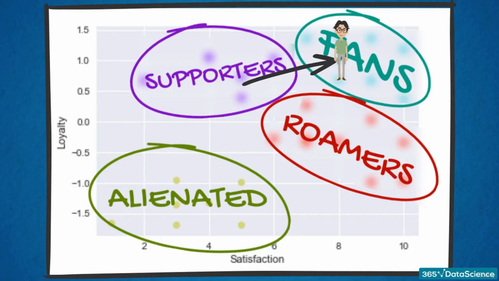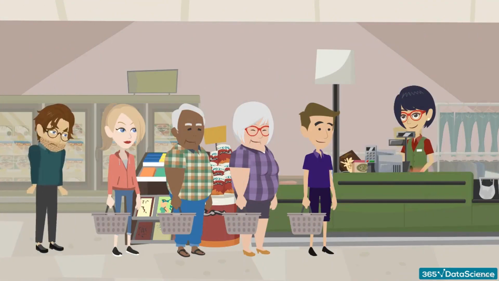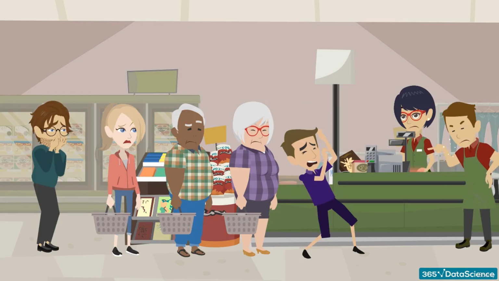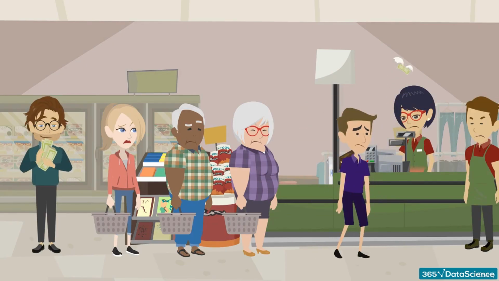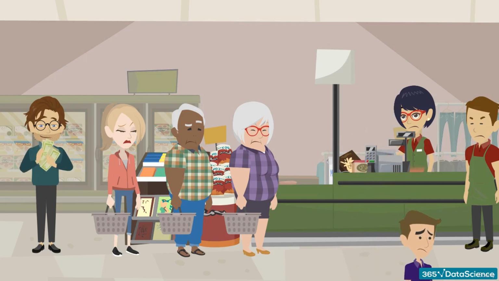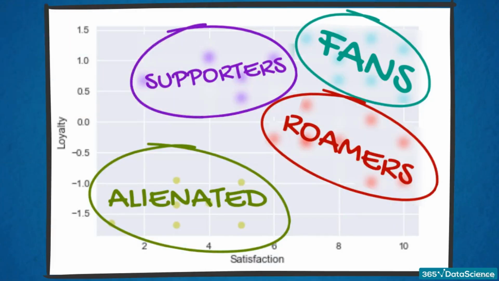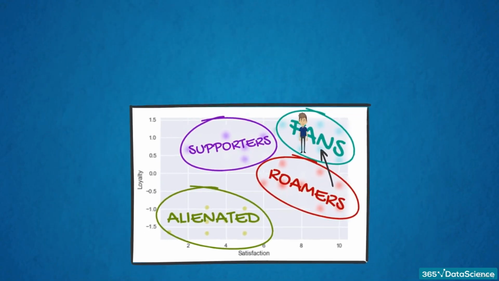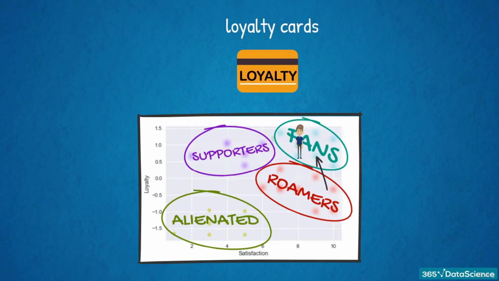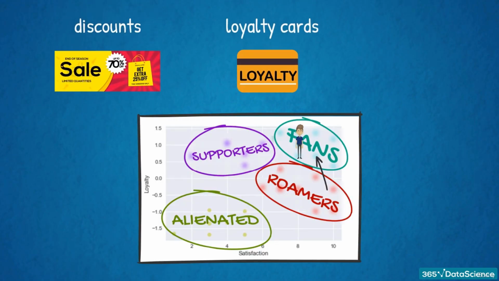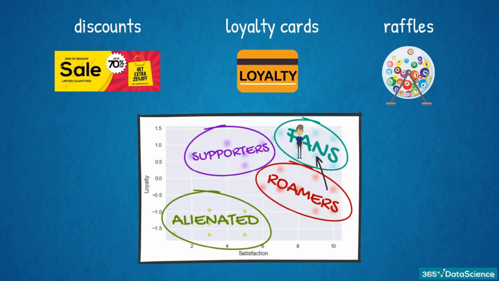Normally, we would have to dig deeper to find the drivers of dissatisfaction for these customers. Maybe it is long queues, or unfriendly staff, or perhaps high prices. Whatever the reason, we must take actionable steps to fix the issue and make our supporters happier. Simultaneously, we can do something else. We can turn the roamers into fans by increasing their brand loyalty. Loyalty cards, gifts, personalized discounts, vouchers, and raffles are different strategies used to make such clients loyal in the long